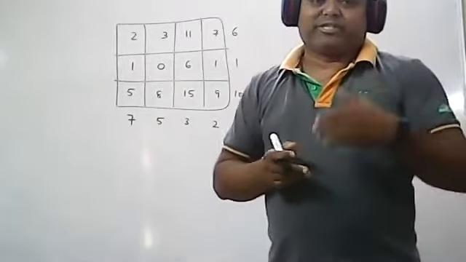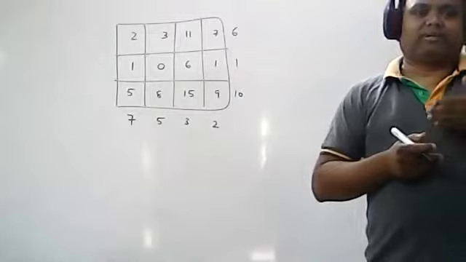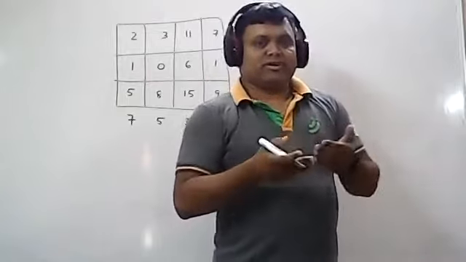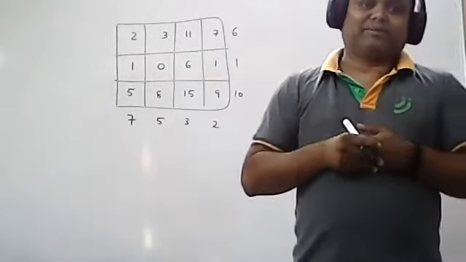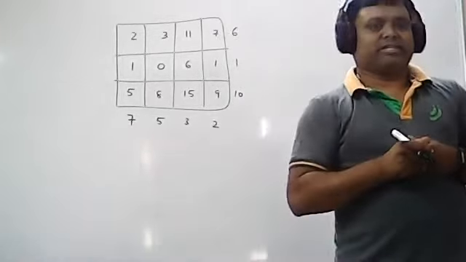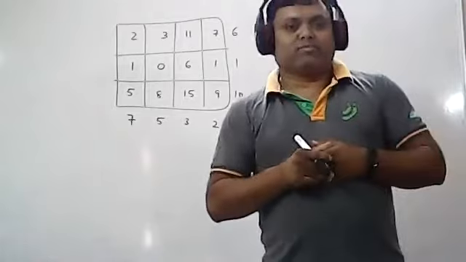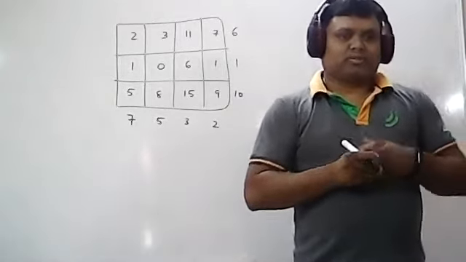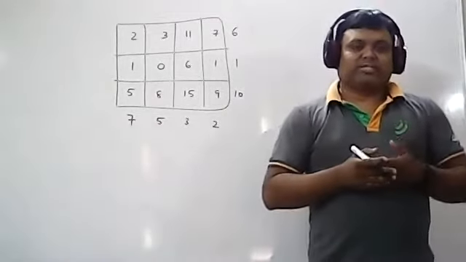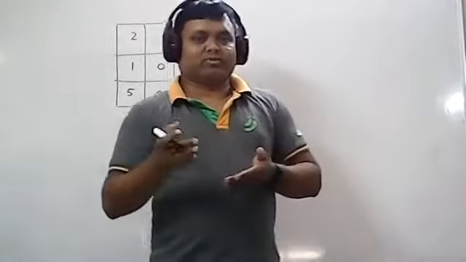What is step number 2 in the Modi method? Step number 2 is that you have to check how many occupied cells there are. If the number of occupied cells equals m plus n minus 1, then that is called a non-degenerate solution. If the number of occupied cells is less than m plus n minus 1, then a degeneracy exists. You know how to resolve the degeneracy by taking a suitable independent position and assigning a very small positive epsilon, which is equivalent to 0. If two or more are needed, you take epsilon 1 and epsilon 2. So step number 1 and step number 2 are the same for the stepping stone method also. From step number 3 onwards, the procedure will change.